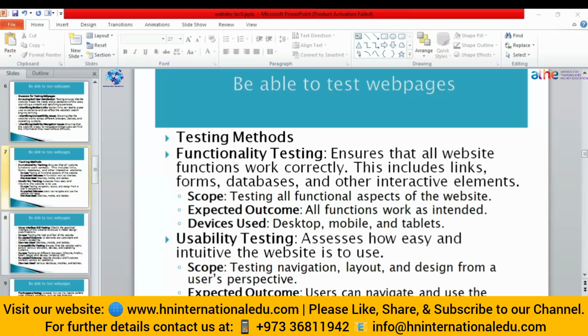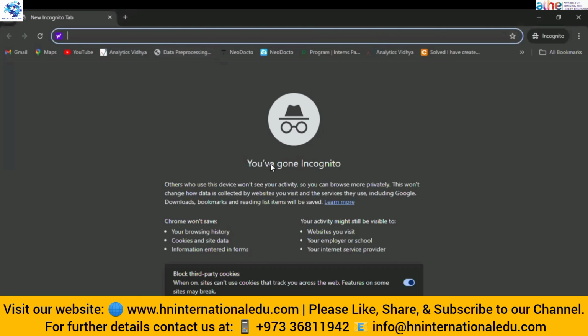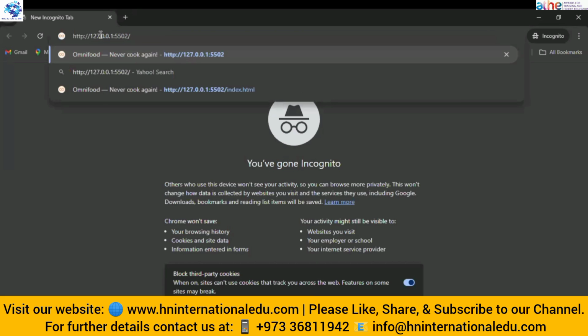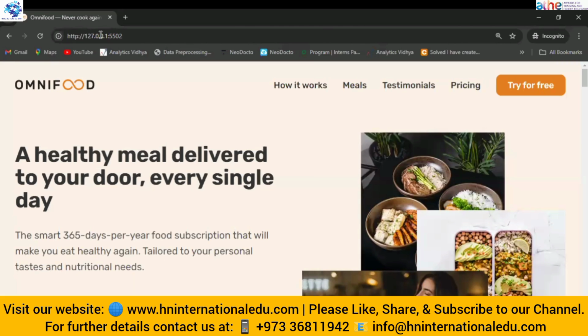Okay. So on this side, just to test the browser compatibility, we use this website. Whenever you are going to run your website test, you should run your local server in Incognito. The reason is that mostly on our main window, we install different kinds of extensions there. So that's why it will take much time to load. So it's better to test your website using an Incognito